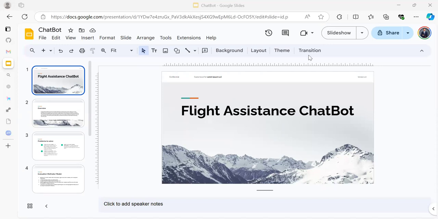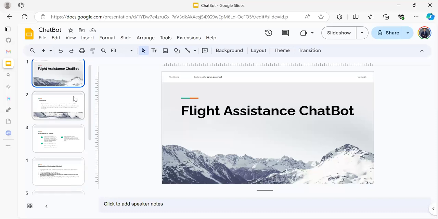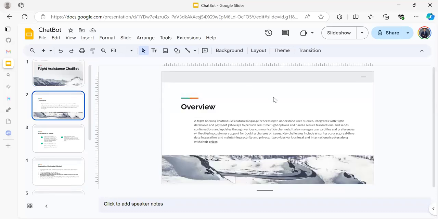Personally, one of the things I had in mind when choosing this project was to perhaps contribute and make things easier using technology. So that's the idea of this project, which I call a flight assistant chatbot. Thank you as I walk you through and as you follow me along.